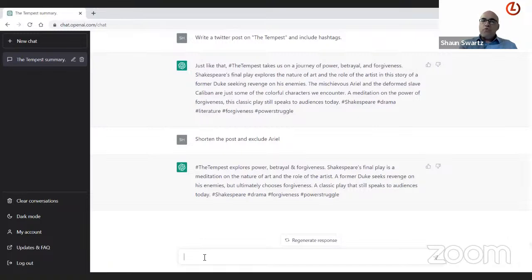So as you can see, it really understands all the English that we provide it, and it understands what we're looking to do. And as you use ChatGPT more and more, from your perspective, you will get better at it. You're going to learn more about the tricks that you can use to ask it to do certain things.